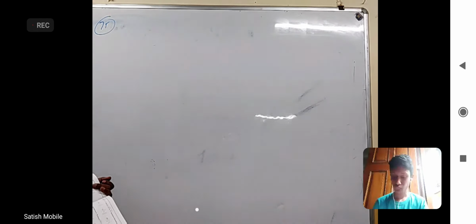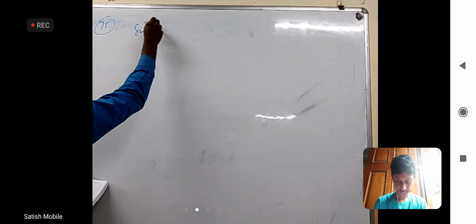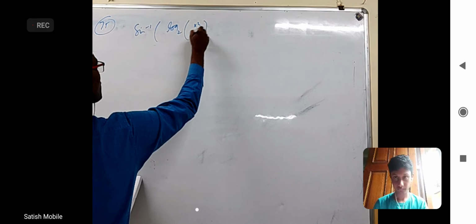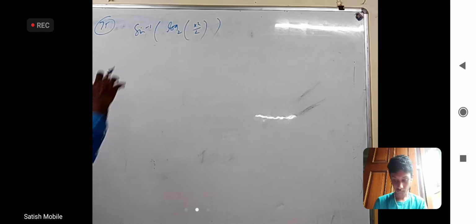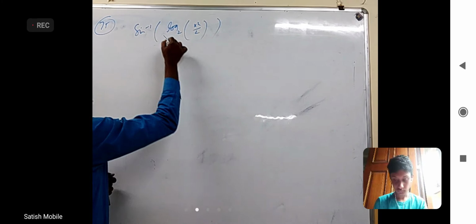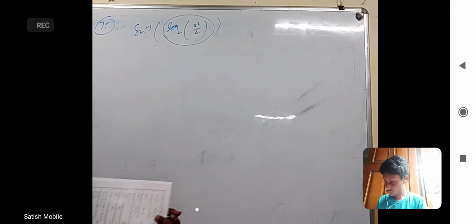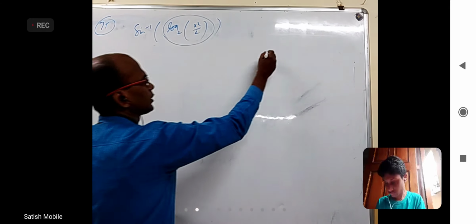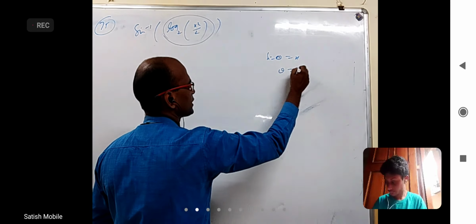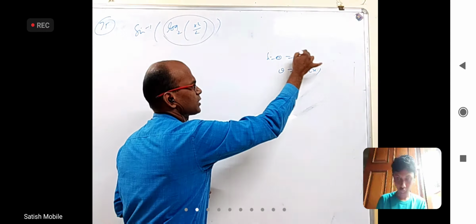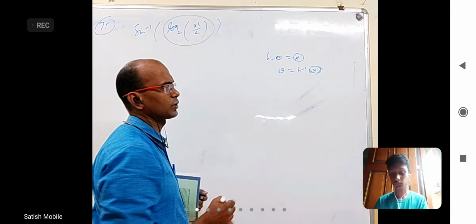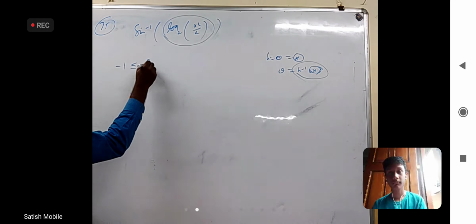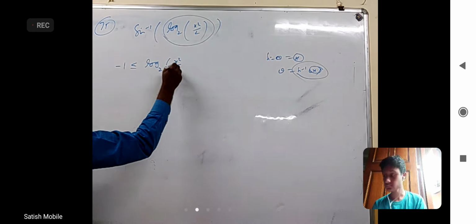Okay, 75. The question is sine inverse of log with base 2 of x square by 2. Sine inverse of something is defined only when the inner part is between -1 to 1. Yesterday I discussed the same thing for 73. We said if sine theta is equal to x, we write theta equal to sine inverse x. Because this is between -1 to 1, even this should be between -1 to 1 for this to be defined. So I have to write -1 less than or equal to log with base 2 of x square by 2 less than or equal to 1.